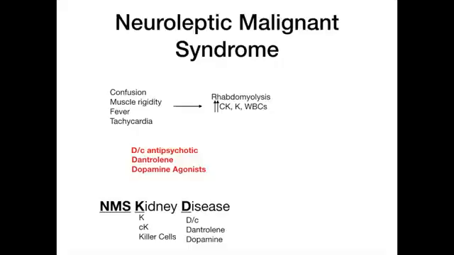But because of this, there are some very, very unique side effects, namely the metabolic syndrome, agranulocytosis for clozapine, and hyperprolactinemia for risperidone. Understand the different EPS. Don't really worry about the timeline, but know the difference between dystonia, akathisia, Parkinsonism, tardive dyskinesia, and the treatment for each. And lastly, know how to spot neuroleptic malignant syndrome. Remember the 3 Ks, what it looks like, what's rising, and the 3 Ds, how you treat it.